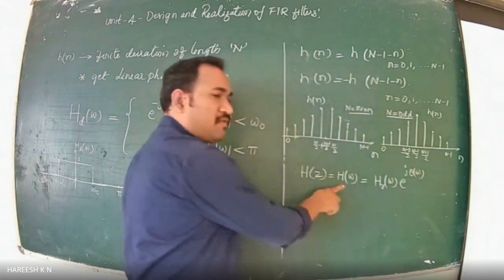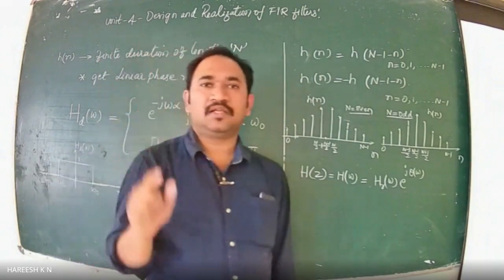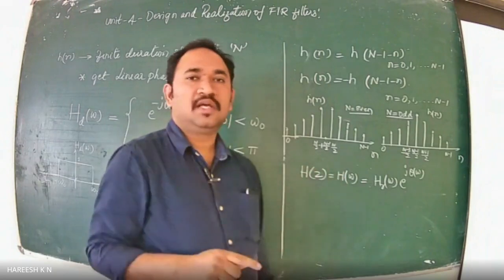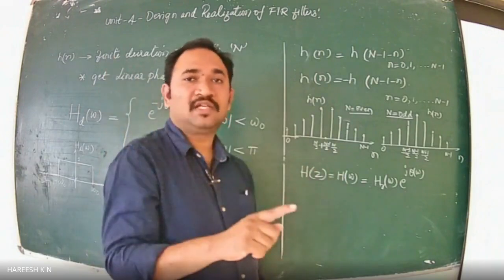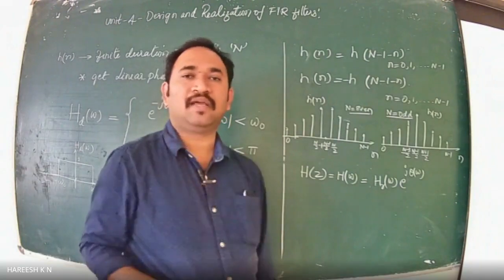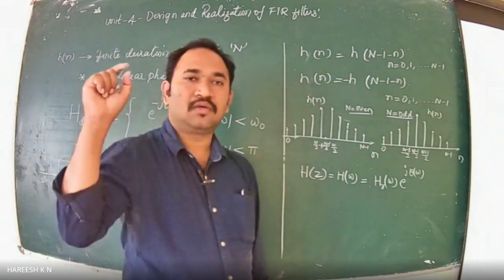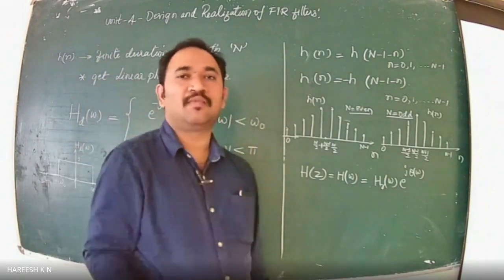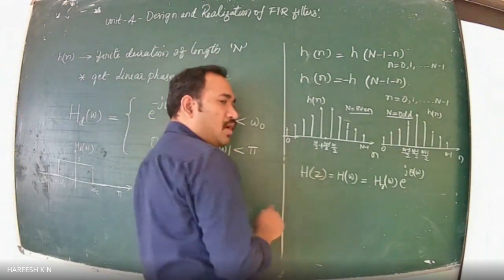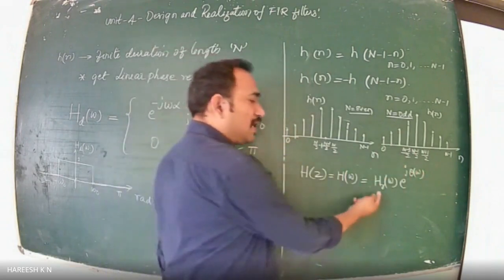Now, this frequency response can be of two types. Obviously, the magnitude frequency response is something we can draw with respect to frequency, that is, magnitude versus frequency. And there is one more plot, that is the phase plot, where the phase with respect to frequency we can draw, isn't it? Therefore, if I want to write the magnitude response and phase response mathematically, this is how I can write it.